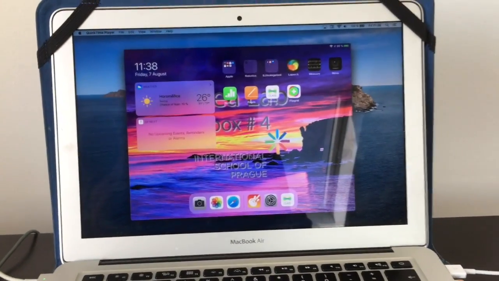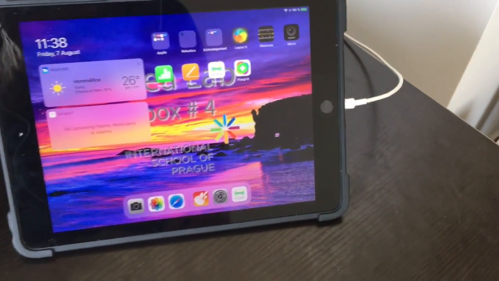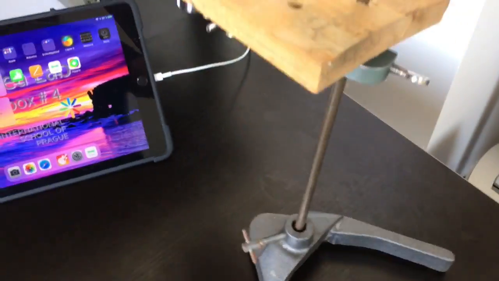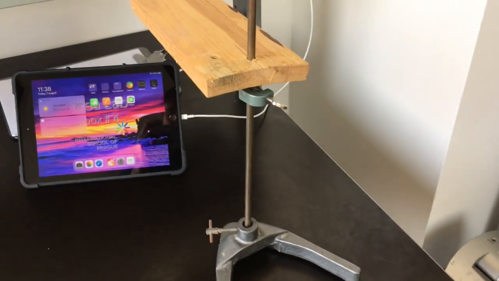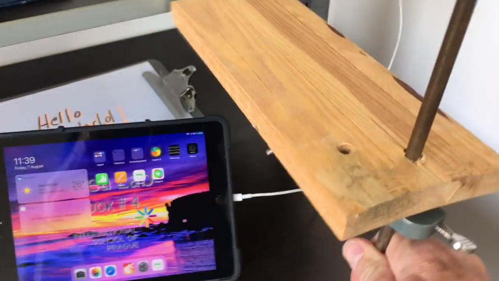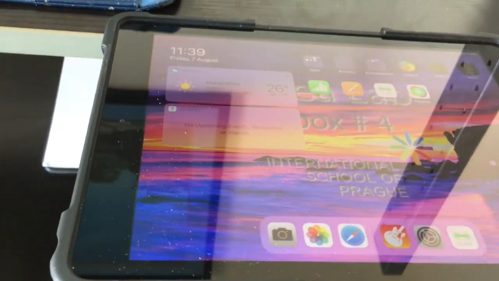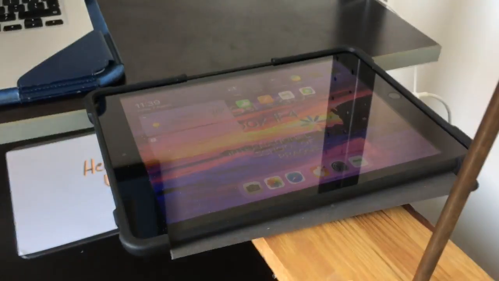Sometimes I also want to demo some work, and I can convert my iPad very quickly into a document camera. For that, I'm going to need a little iPad stand. Now, a friend of mine made this cool little hack. I kind of like it. You can buy these for about 50 euros, but this works just fine for me. I've set this up a little bit already, so I'm used to how it works. So I'm going to put that up on my iPad stand, and I'll run the camera,